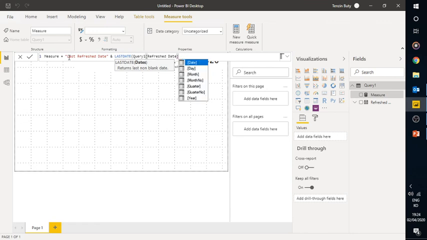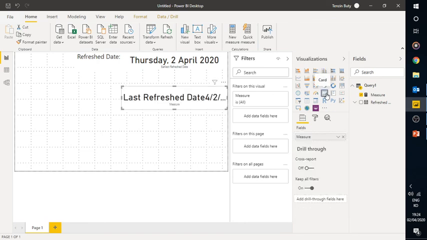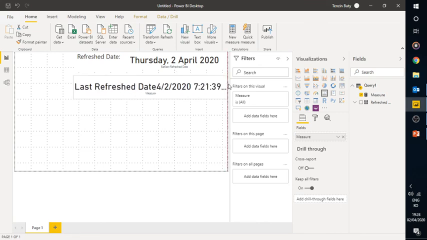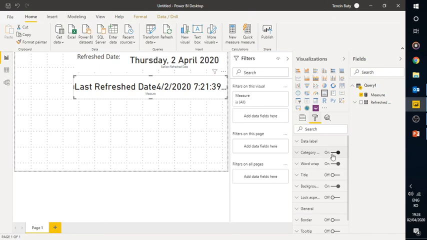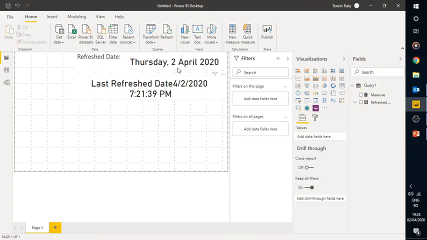I just want it as a date, and I am going to drop this measure over my card. I say this would be my date. So either way, whatever you wish to see, you can create this at your convenience. I'm going to remove this category. Okay, so this is your last